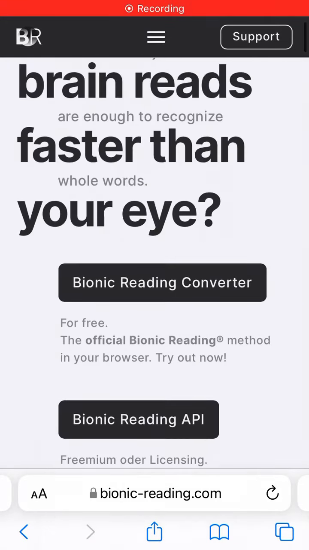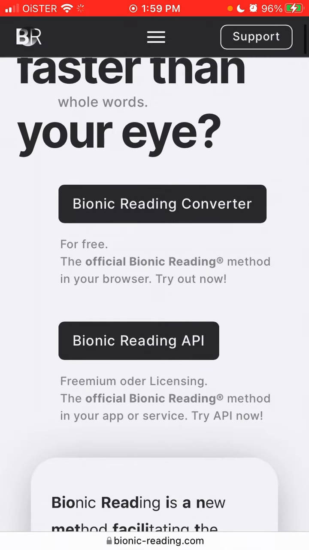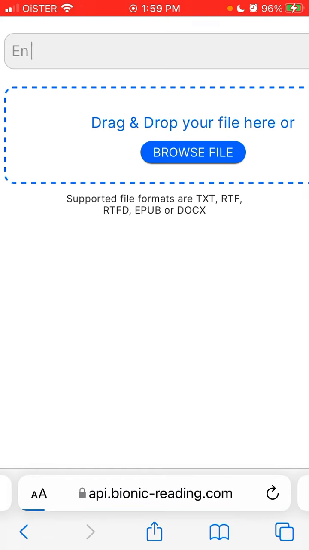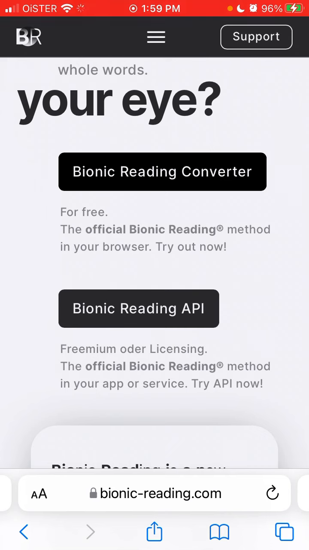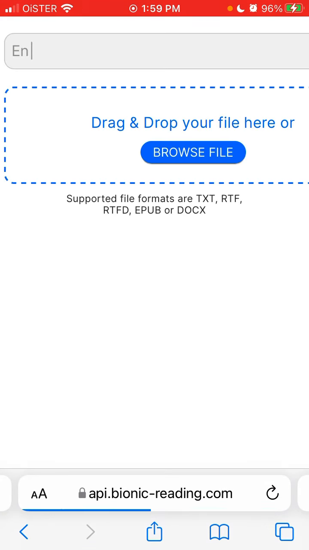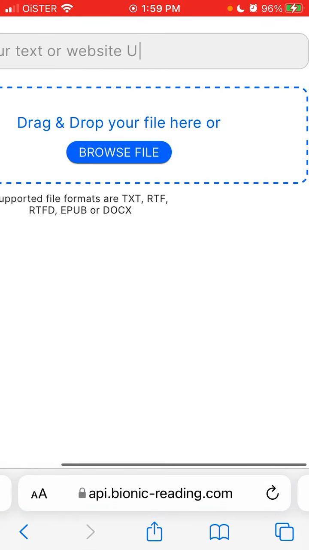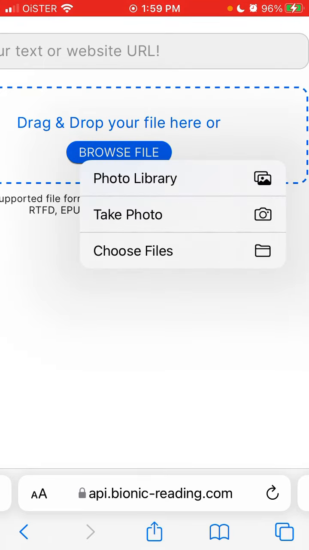Let's explore how to use a BIONIC reading converter and how to convert EPUB, TXT, RTF, Microsoft Word files to BIONIC reading. So you need just to go to bionicreading.com, tap on BIONIC reading converter. It is a free tool. You don't need to pay or subscribe anything, and then you can just tap browse file and then select